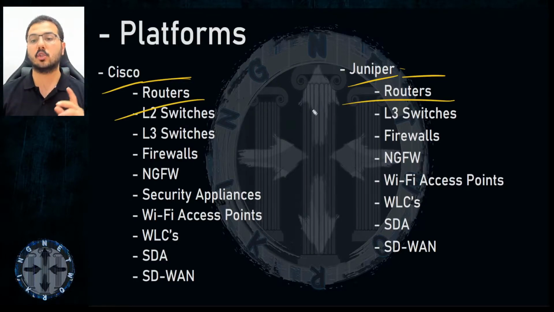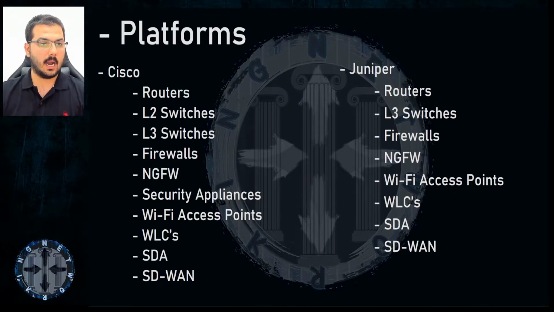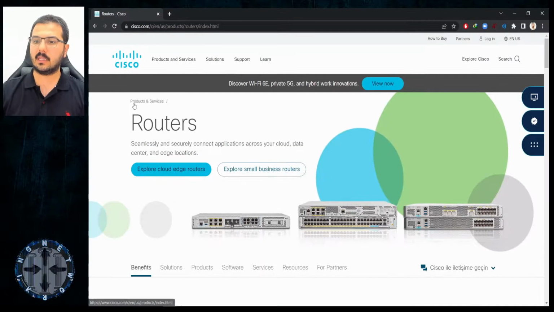Both of them provide small routers for offices, small to mid-size routers, some mid to large routers, and they also manufacture super expensive, highly capable data center and service provider routers, both of them. So we can use google.com, definitely. In google.com I will type Cisco routers. What will I get? I will get this page, Cisco routers from cisco.com.